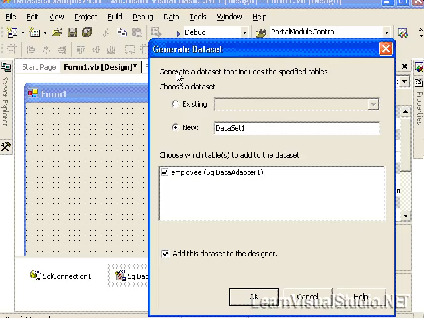And when I do, it asks to choose a dataset, and I'm going to rename the default one to DS Employee. And I'm going to select the table to add to the data set, which is employee. That comes from SQL Data Adapter 1. And that I want to add this data set to the designer. So it does it all in one step for me